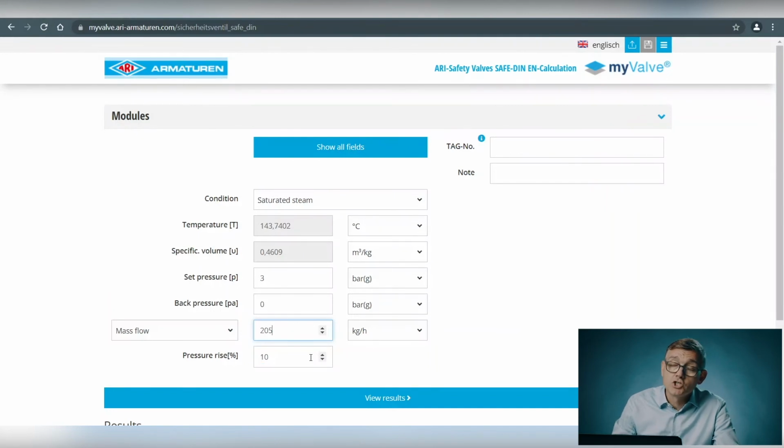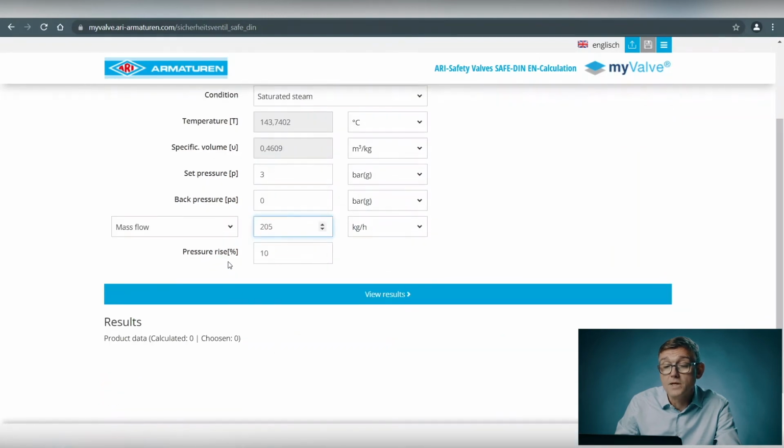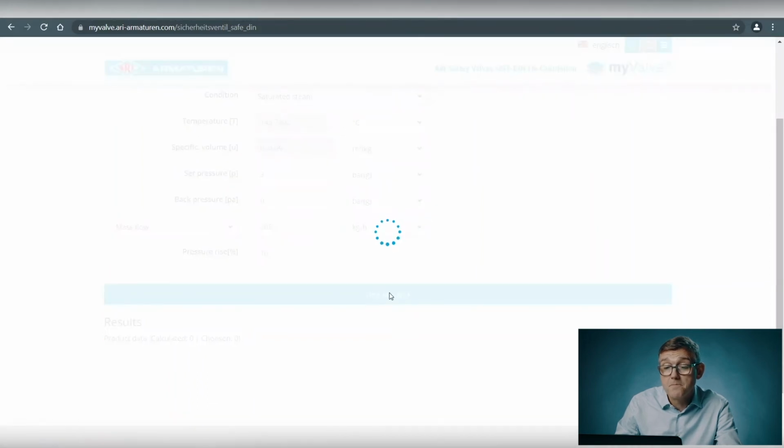You can change the pressure rise, but usually, according to the regulations, you should leave it as it is, because by the regulation it is written that the pressure rise is about 10%, and therefore the 10% are fixed already here. You can change it, but usually you leave it as it is. So we leave it at 10% pressure rise, and then we press view results,